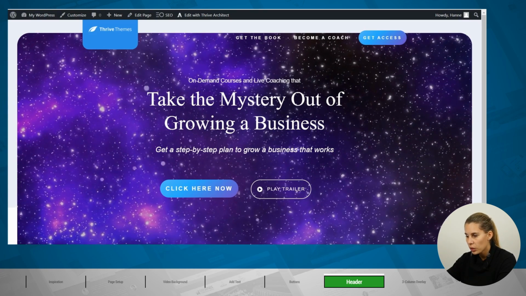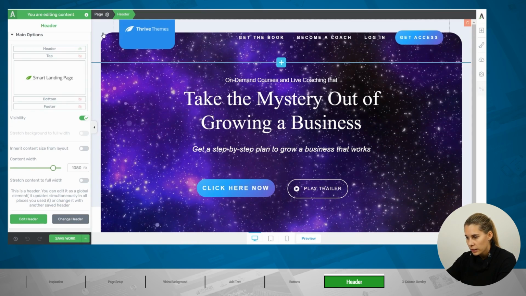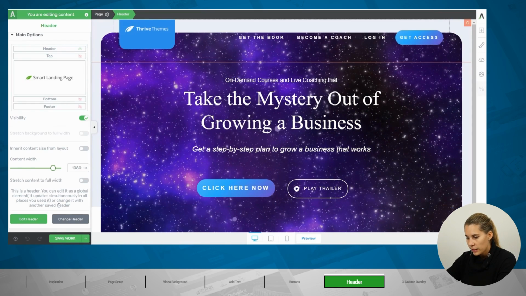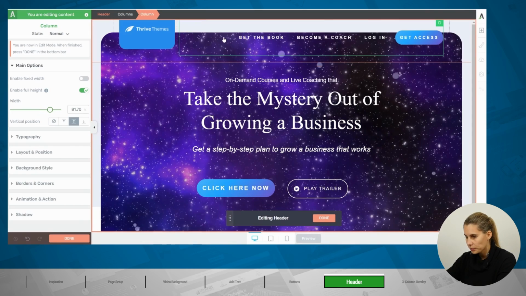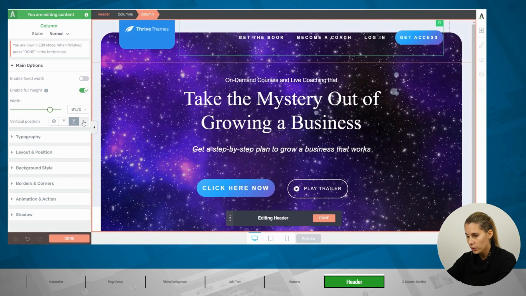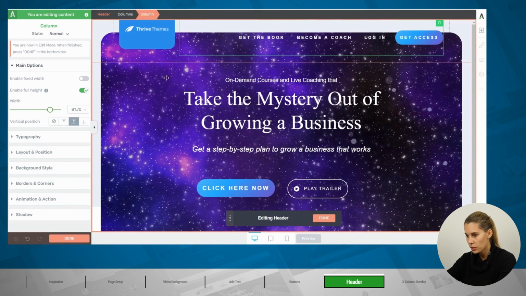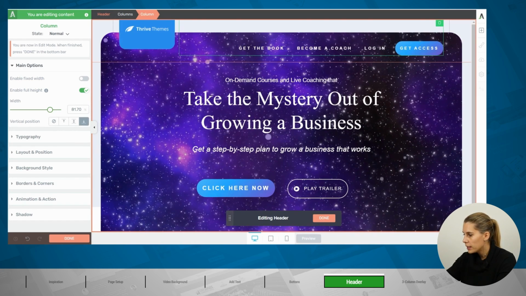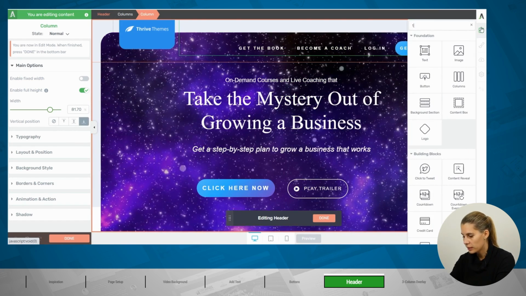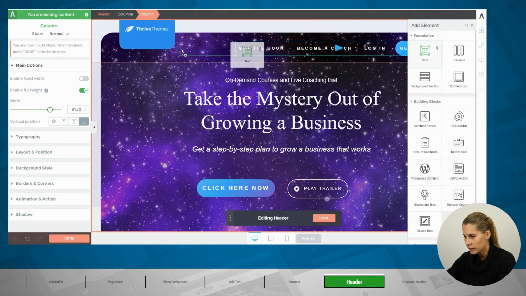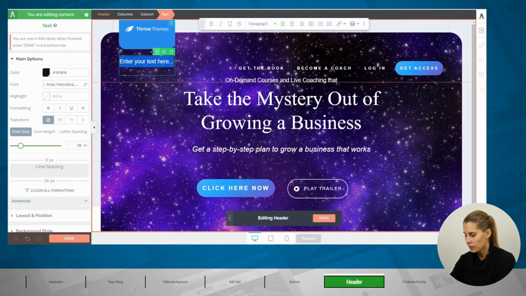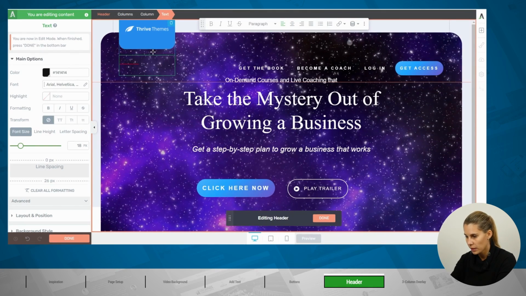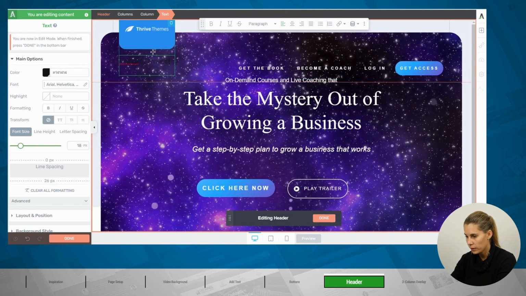So for that, let's go to our header and then select our edit header. In our columns, our vertical positioning, we can choose this one to be on the bottom of our columns. And then we also still are missing the text elements underneath this one. So powered by Thrive Theme Builder,